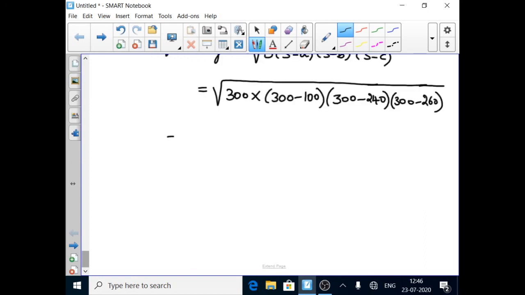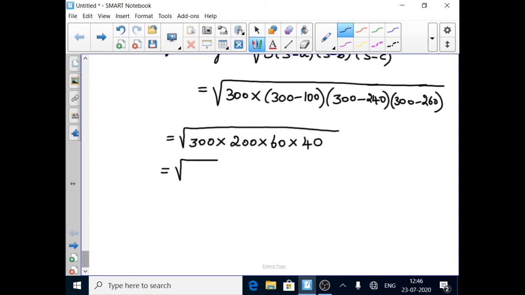So therefore 300 minus 100, you will get 200. Then 300 minus 240, you will get 60. Then 300 minus 260, you will get 40. Okay. So what do you want to do? Here we can split it. 300 means 3 into 100. Why are we doing it like this? Directly we can't find the